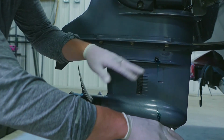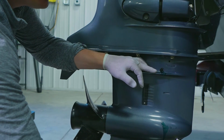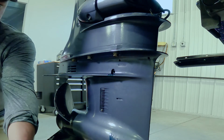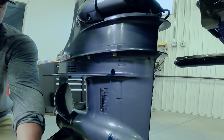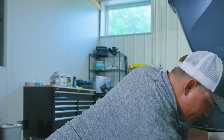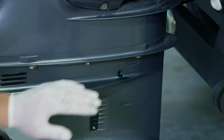Oh, and there it comes. So right around a quart. And as you can see, that's fresh gear lube coming out of there. I pump it out. So now that I've had my oil come out, the bottle's pretty much empty. I know that my lower unit is filled, so I'm just gonna go ahead and